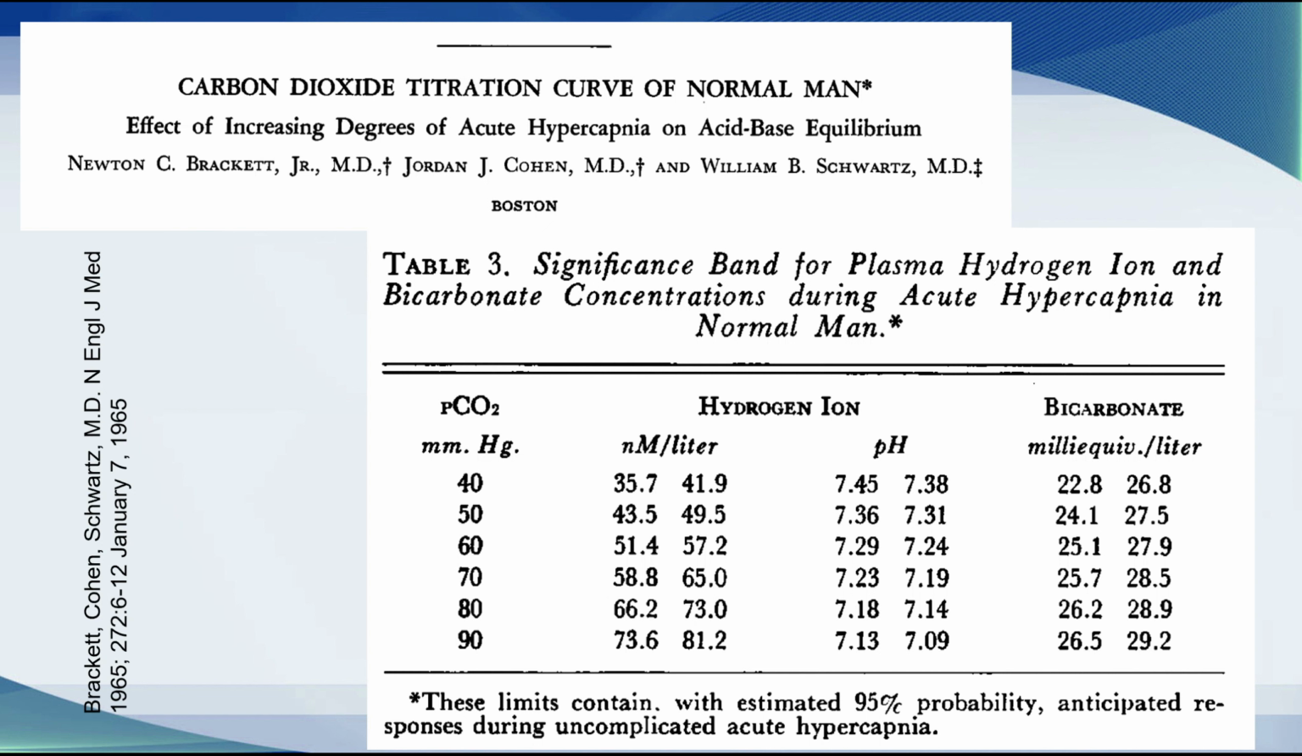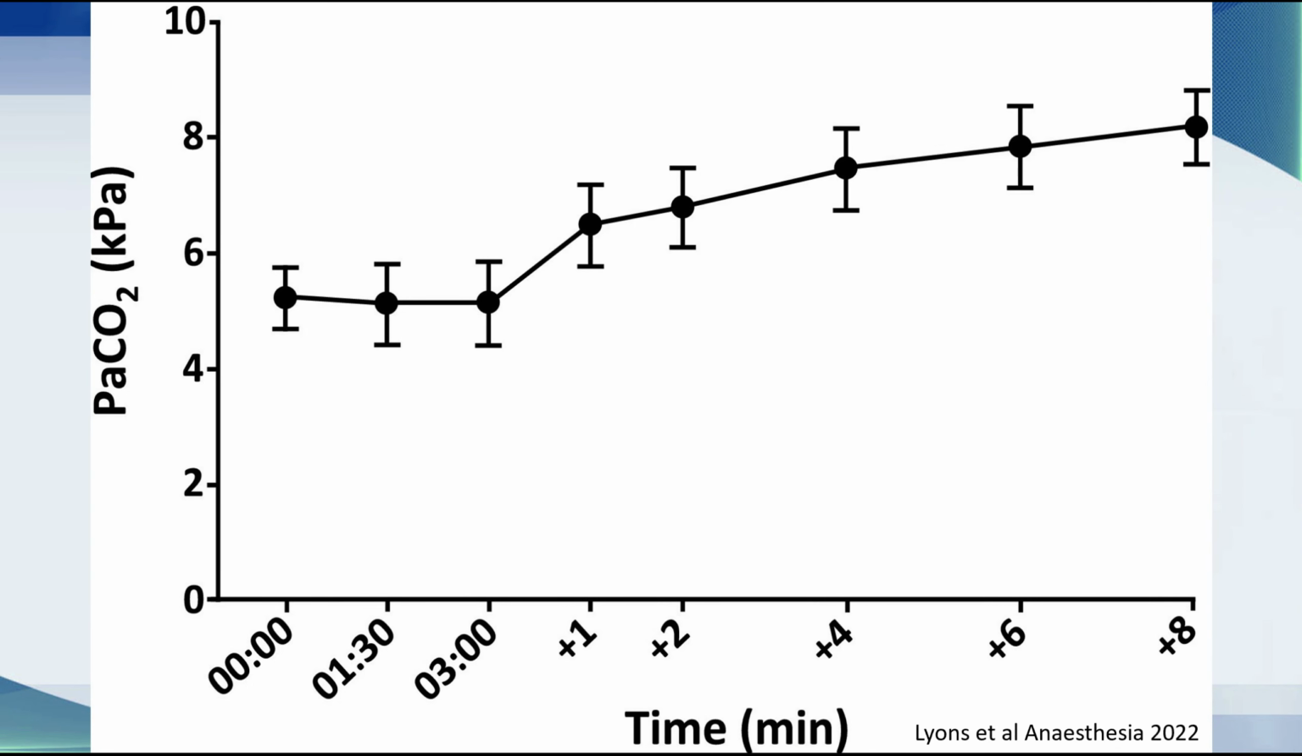When you look up changes in pH and bicarbonate associated with acute hypercarbia, you will be directed to this paper that was published by the Boston group in the New England Journal in 1965, where 7 healthy volunteers were exposed to increasing quantities of inhaled carbon dioxide and the pH and bicarbonate levels were measured, and these are the results. Of course, in the scenario that I've given you, we were looking at apnea, not breathing CO2. So there's lots of data in the anesthesia literature, a lot of it produced by my colleague Craig Lyons